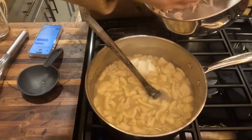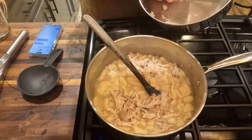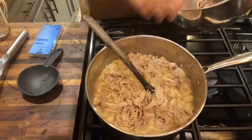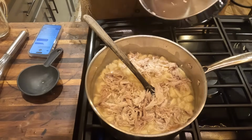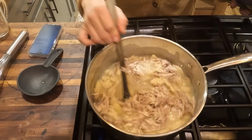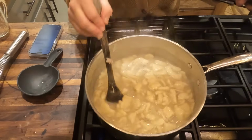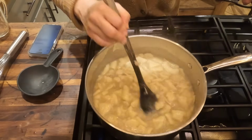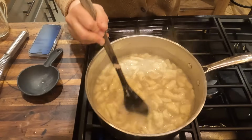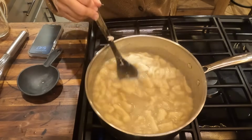The chicken that I cooked was pretty tiny, so I didn't get a lot out by just using half. That's okay. I'm going to use the other half later in the week, so I don't want to use too much. This is a pretty filling dinner, even without the chicken, so I think it will be just fine. I'm going to let this simmer for probably about 10 more minutes just to make sure that the dumplings are cooked all the way through and all of the raw flour flavor has dissipated,